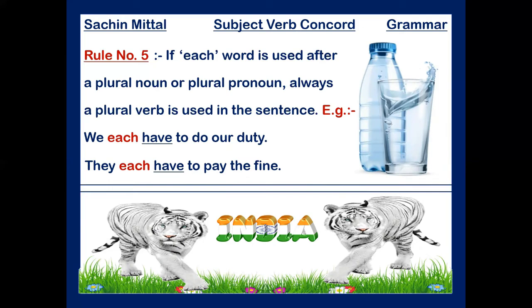So whenever the word each is following a plural noun or a plural pronoun, we always take it as plural, and hence always a plural verb will be used. Like for example, we each have to do our duty. No doubt the word each is used, so the thing is singular, but when we have used the word we before each, now the final verb will be plural. Same is the case with they each have to pay the fine, because we have used the word they before each, so we will be using have and not has. Right? Moving forward